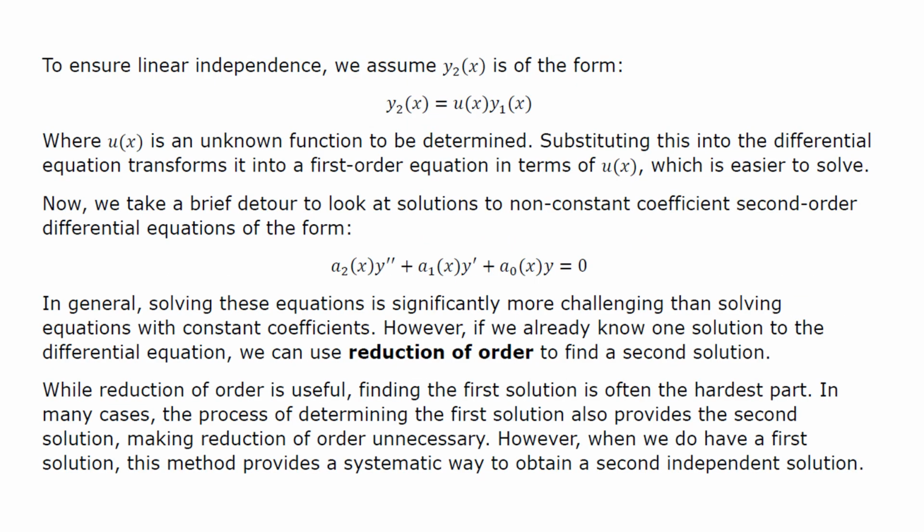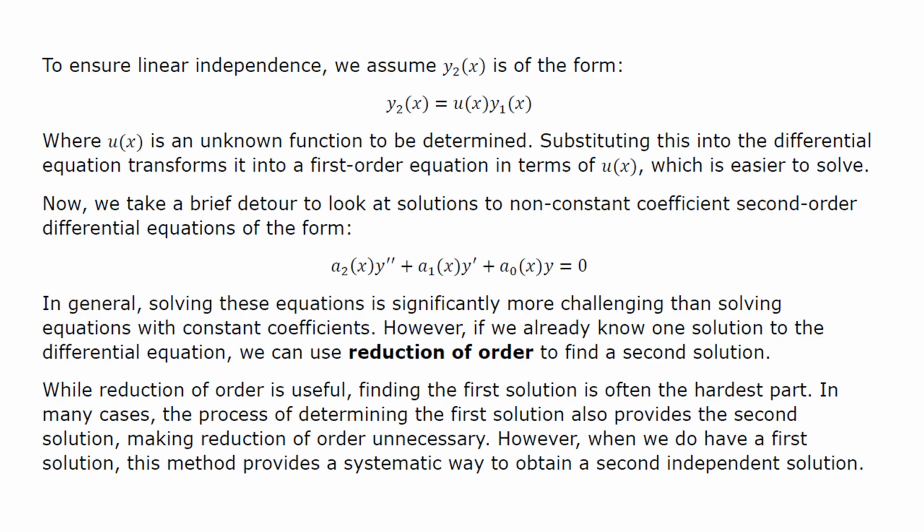To ensure linear independence, we are going to assume y sub 2 is of this form: y sub 2 of x equals u of x times y sub 1 of x, where u of x is an unknown function to be determined. Substituting this into the differential equation transforms it into a first order equation in terms of u of x, which